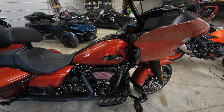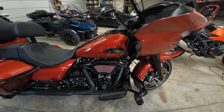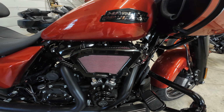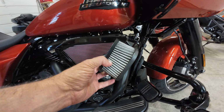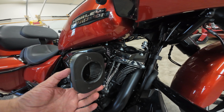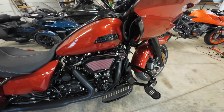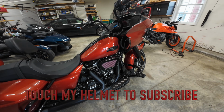That's why Harley Davidson calls this the Extreme Wedge. So here's the Screamin' Eagle Extreme Wedge, and here is the stock air filter compared to the Extreme Wedge to give you a comparison. Quite a difference in the air filter size. Okay, 66 millimeter throttle body. I have to double check that figure, but